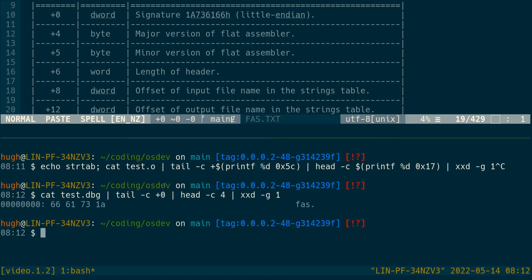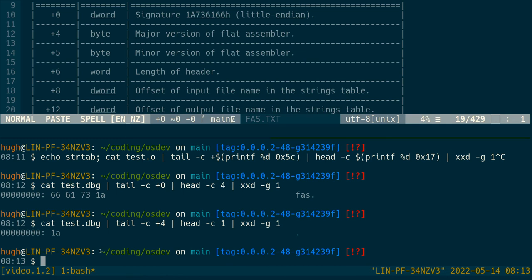look at that, right, so here we should have a little Indian signature of 1A736166, and it's a little Indian, so we start from the right because that's how little Indian works. If it was big Indian, it would be kind of reversed. So that is working pretty cool. If we look at the next four, and that's just 1 byte. So this is the major version of flat assembler. So that's like 1A, which